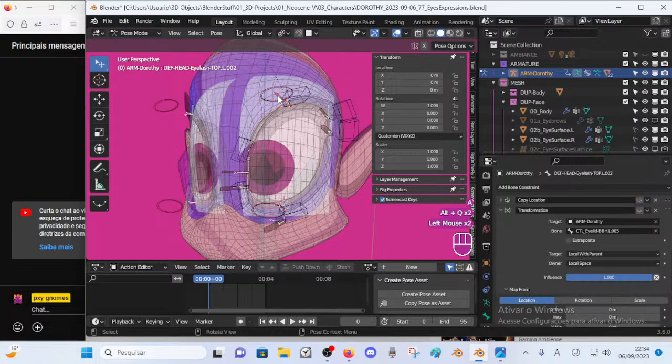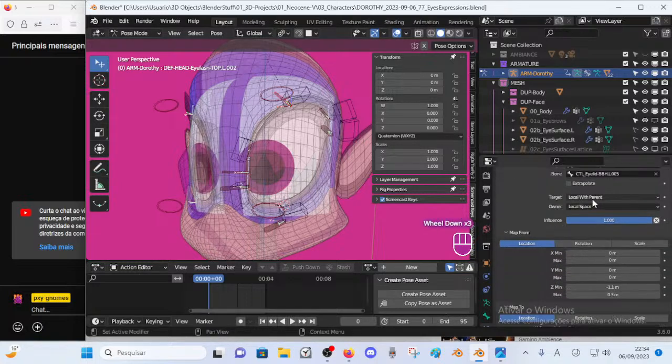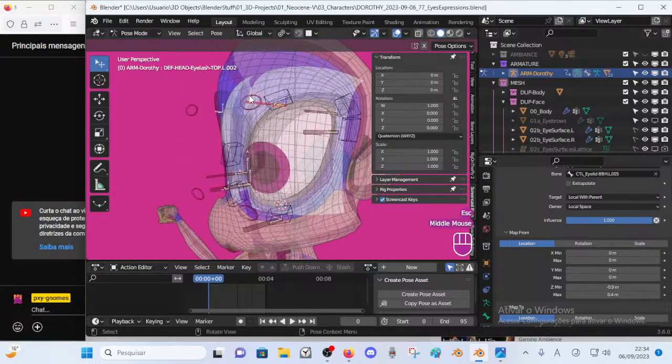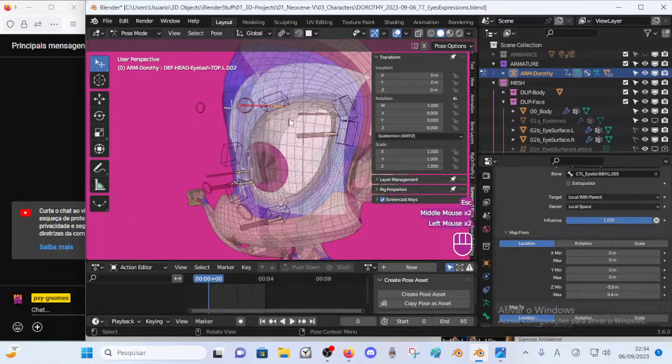So let's pick that again. Let's reuse this copy location. Re-enable copy location, sorry. Okay, local space, and then oh, that's even more exaggerated than I had. And let's keep this 0.4, right? 0.4, which will be something like, whoa, no, this can't be right.